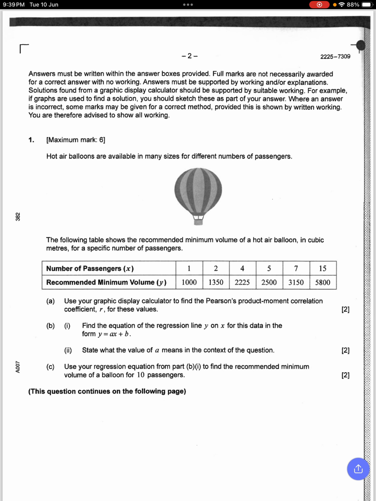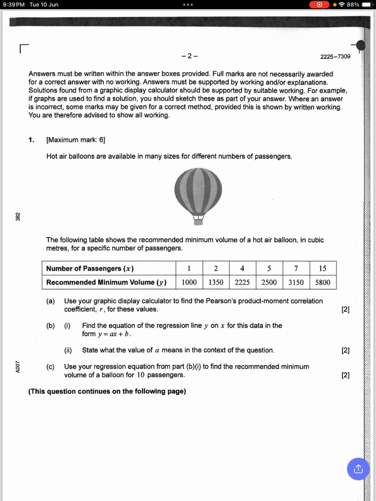Okay, but today, first question, like I said, I'm going to make a series of videos so that you see some of the solutions for the questions that I posted to my students as well. So anyway, first question, we're going to be looking at regression. This is about the hot air balloon, about passengers with two variables.